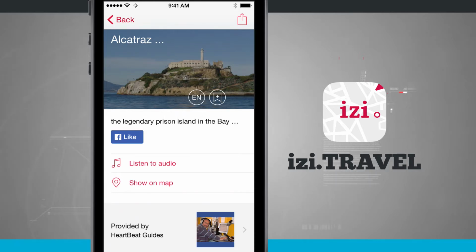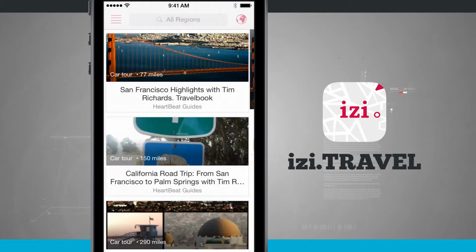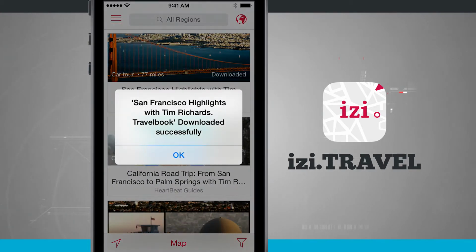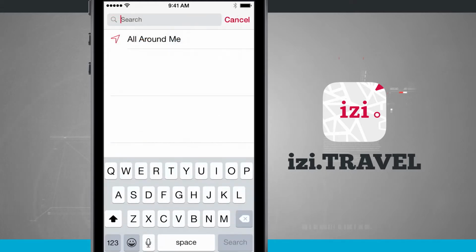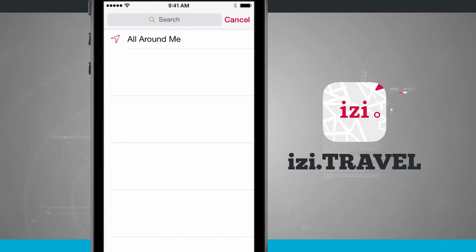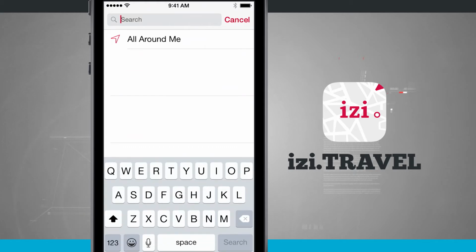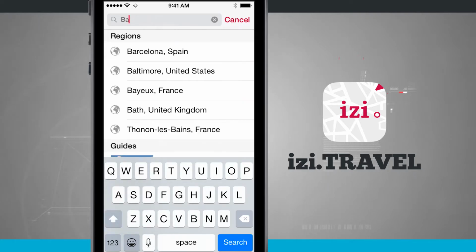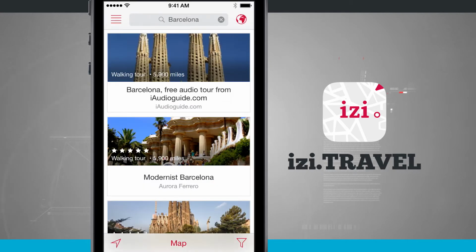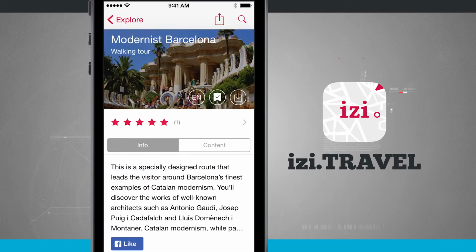Now if I come back out to the Explore tab, we'll go ahead and come back out here. I'm currently in my current location. If I tap in all regions, I'll be able to either search for what's around me, or I can actually search for something specific. So if I wanted to go to, say, Barcelona, all I would do is type that in here. You see as I type, it starts showing me different search results, and I'll tap on the region I'd like to go to. So now that I'm here, I can tap on a tour here, and we can see this